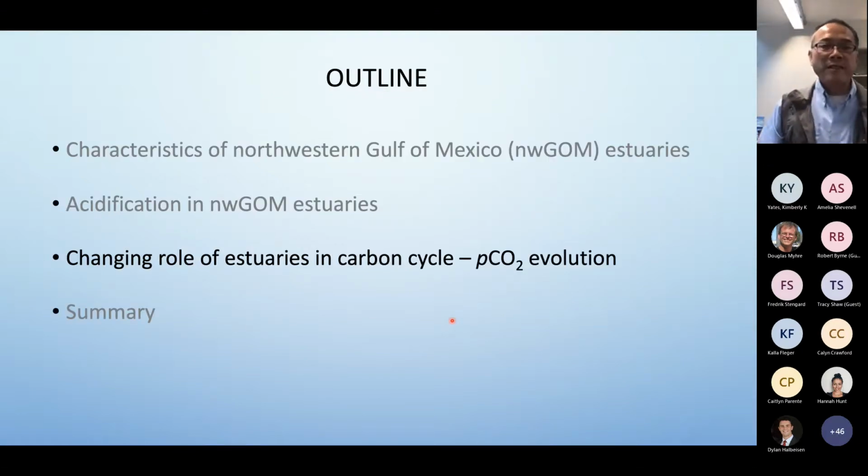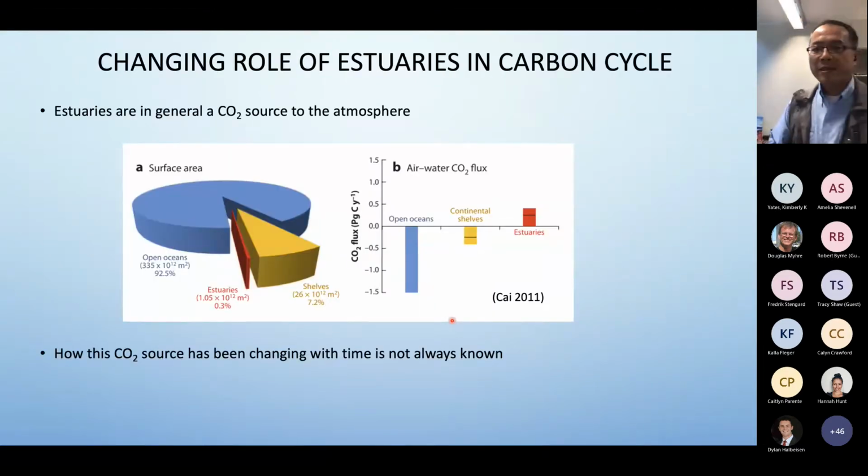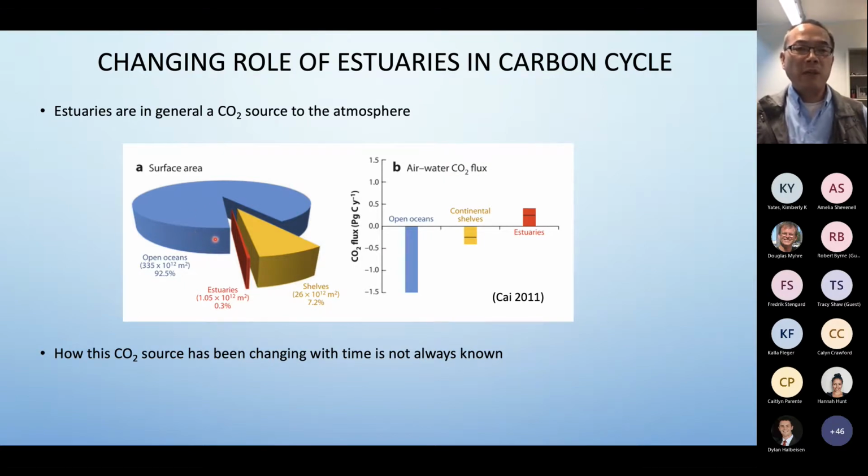All right, so I'll spend a few minutes talking about another part of the research, looking at the CO2 partial pressure evolution along estuaries. First, let me just show you this synthesis that my former postdoc mentor wrote 10 years ago. This is basically CO2 exchange across the entire ocean. You can see a surface ocean that's 1 order of magnitude greater than the shelf, and then the shelf is 1 order of magnitude greater than the estuary surface area. So the surface ocean and estuary are 2 orders of magnitude different.